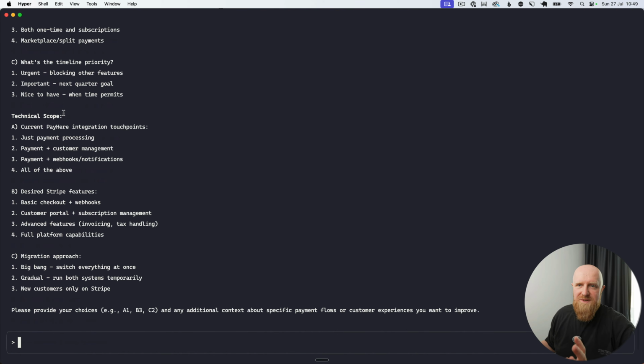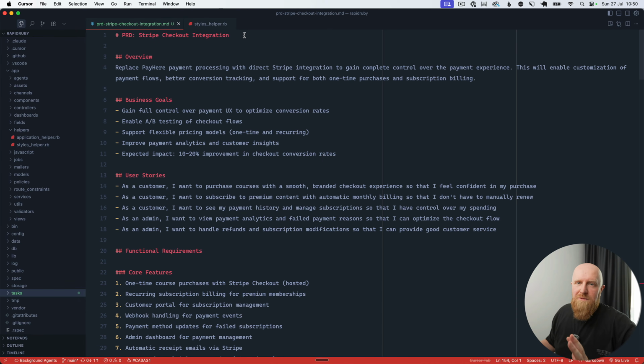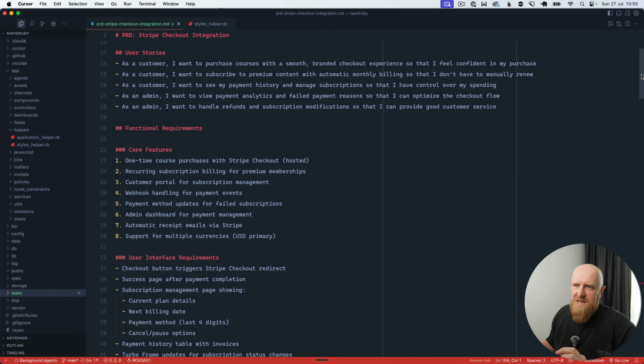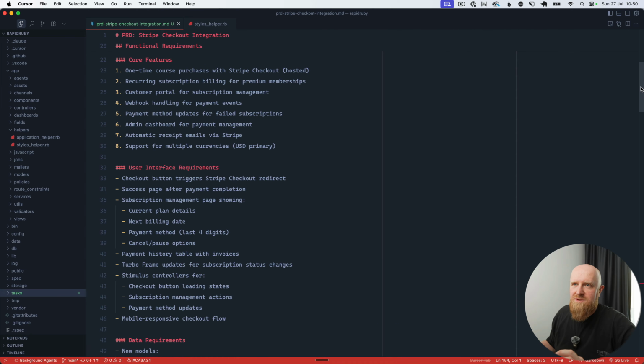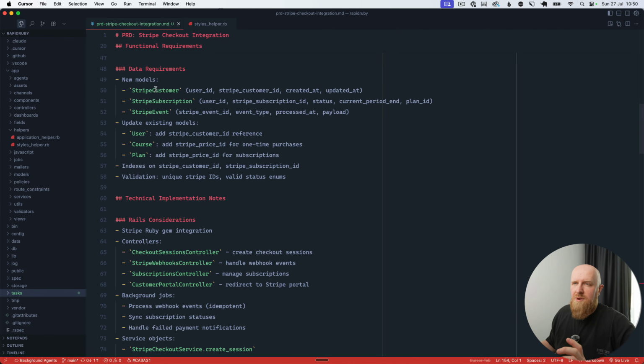And then it has technical scope where we can see it's asking us about the technical approaches as well. So I'll go and fill those in and we'll come back when this is generated. A few moments later. And you can see now we've got our PRD created and it's very thorough. So it describes Stripe checkout integration, replace Pay Here payment processing with direct Stripe. And it has business goals, user stories, functional requirements, user interface, data requirements, and it's actually going down and breaking